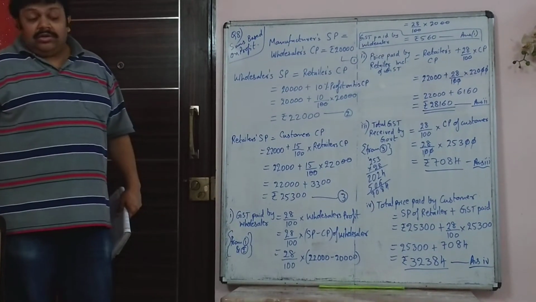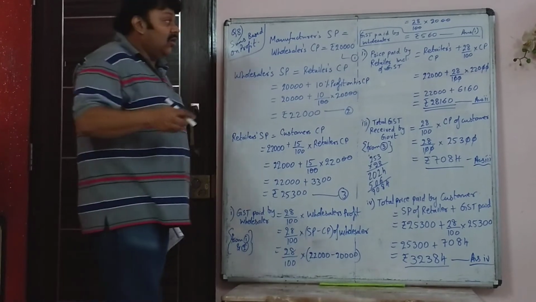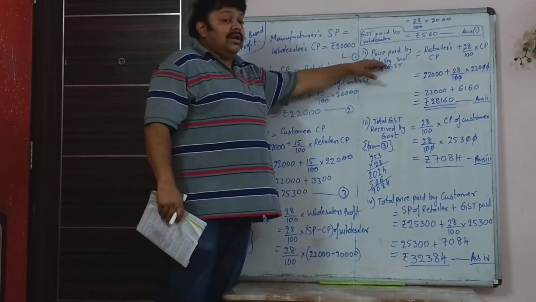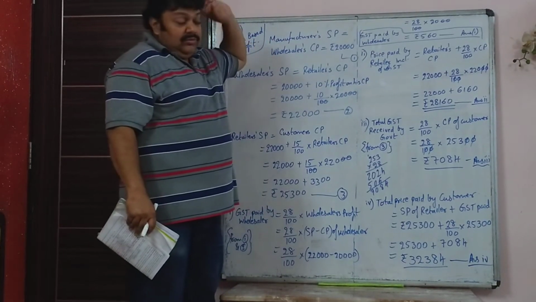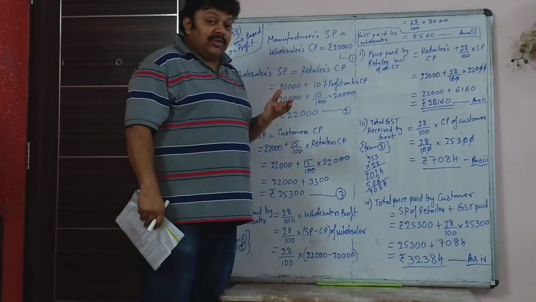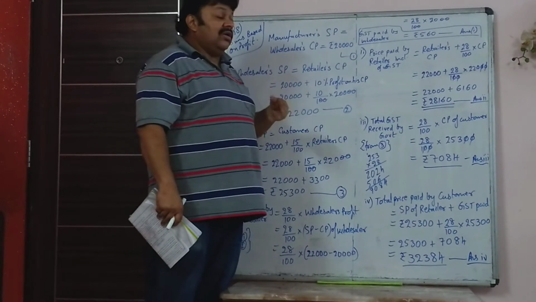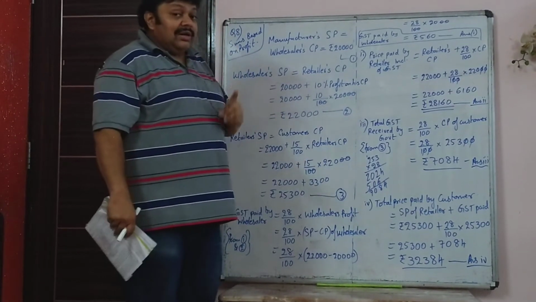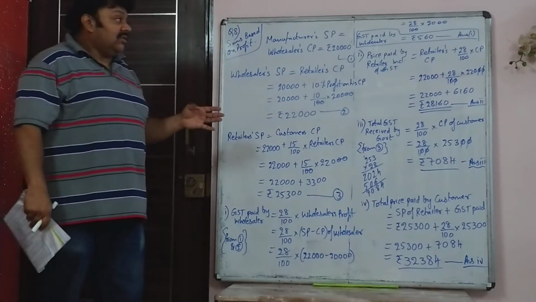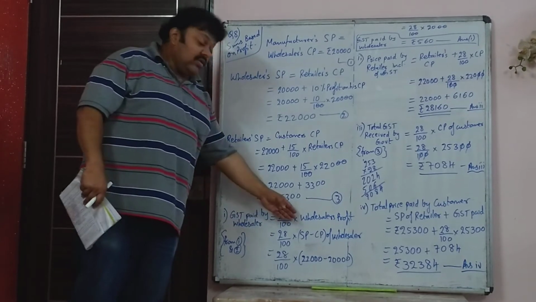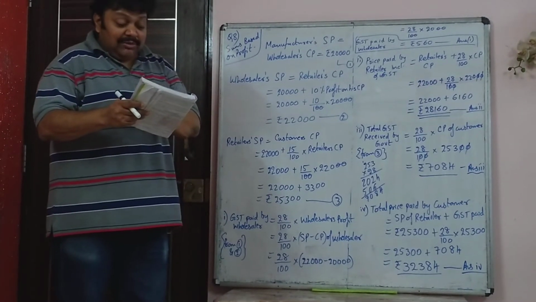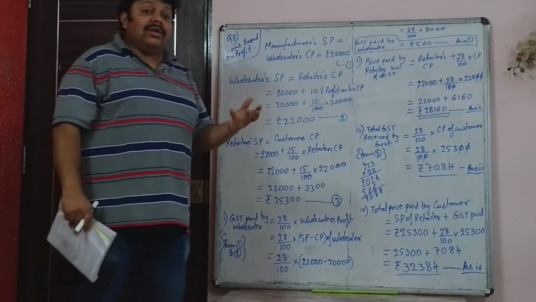Please note, the question asked here is not how much VAT or how much GST the retailer gave the government. If that was the question, then you would have found retailer's profit, and on his profit he pays 28%. That is not the question, like in the previous two sums. In this question, what has been asked is the price paid by retailer including tax.